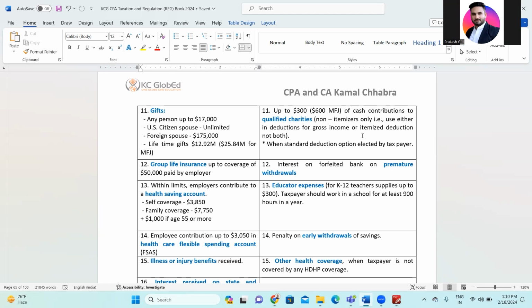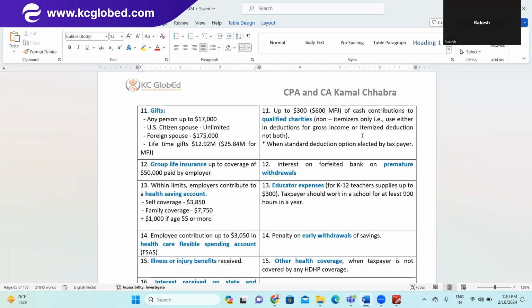Yes, sir. What is checking account? To meet all your expenses, everything day to day. So where you make day-to-day transactions, right? And what is saving account? Where you're transferring the money on a monthly basis, maybe to save. Another difference is on saving account you get interest, but in checking account you don't get interest.